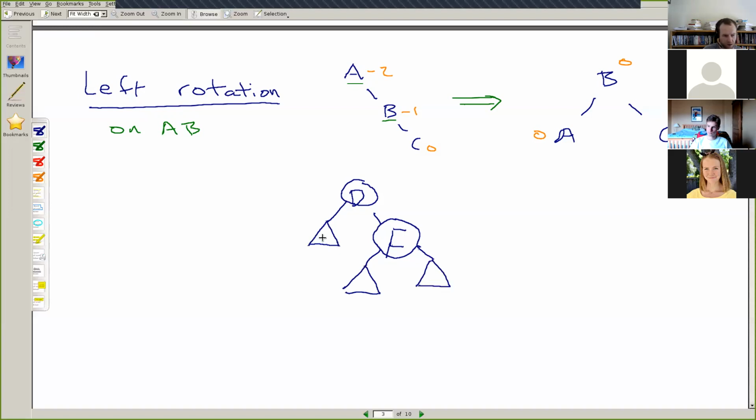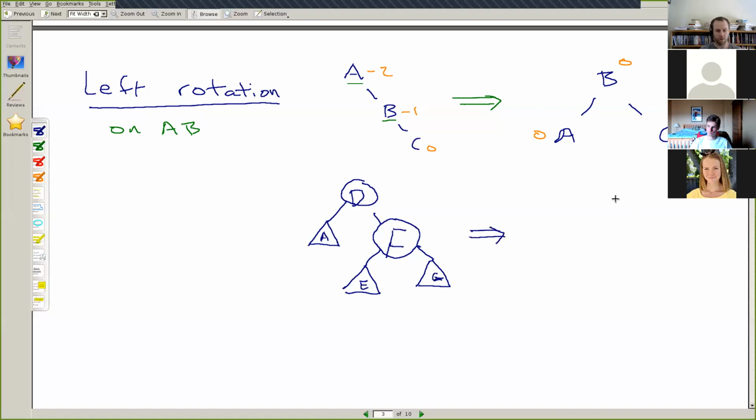And the name of this triangle will be A, the name of this triangle will be E, and the name of this triangle will be G. My handwriting is very sloppy right now. That's a G inside of there. The reason I've drawn these as triangles is because they're intended to represent not just a single node, but an entire tree of nodes. And when we do the transformation on this left rotation between D and E here,